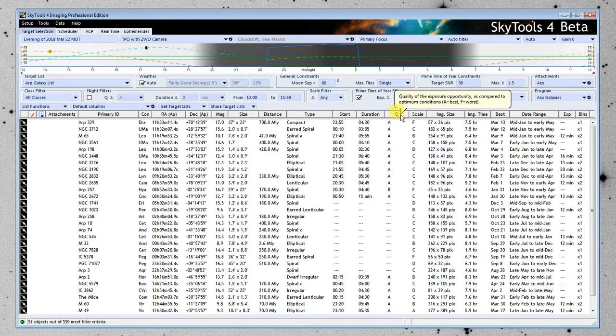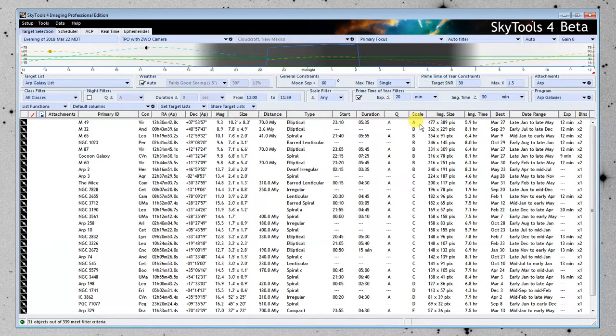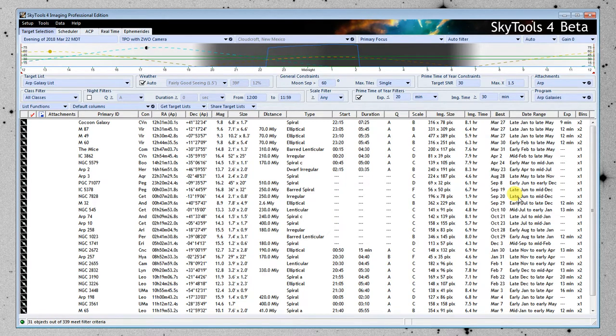So we can sort on various things here. We can sort on the image scale. A means it's a very good image scale for our imaging system. B, C is worse. D is pretty poor. I'm going to sort on the best night to observe throughout the year, and this has put objects that are close to my current date at the top,